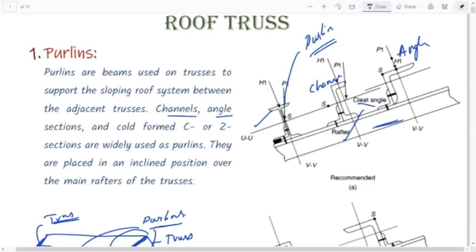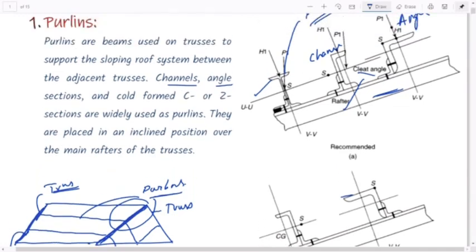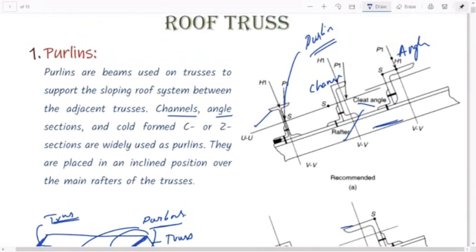And remember the orientation of these purlins. See, if this is an angle section or a C channel section, the flange, the opening should be on the opposite side as shown in this figure A. This is how it has to be. As this rafter is inclined, the purlin which is attached to this rafter is also going to be inclined, right? So if you take the axis of the C section, this is how one axis is going to be, and this is how the other axis is going to be, isn't it?